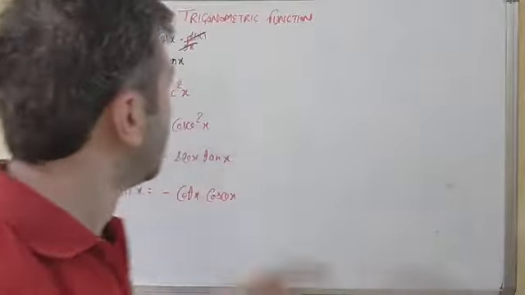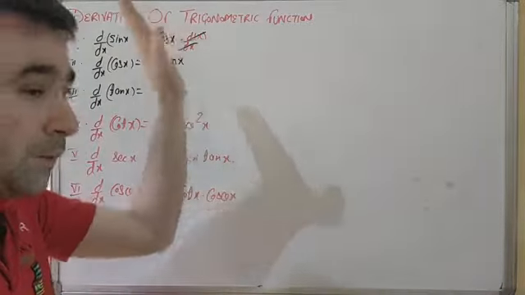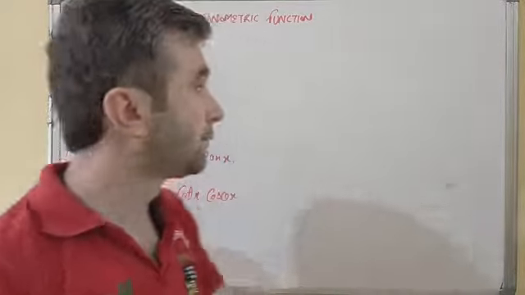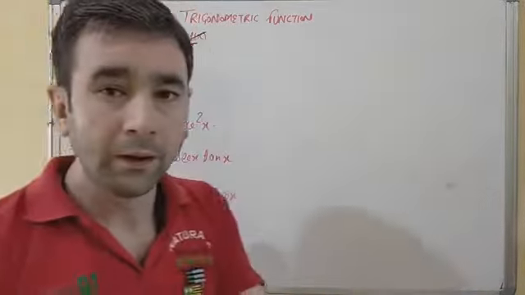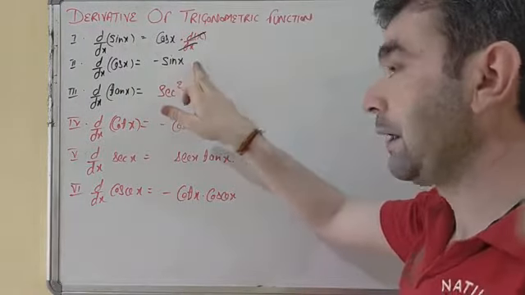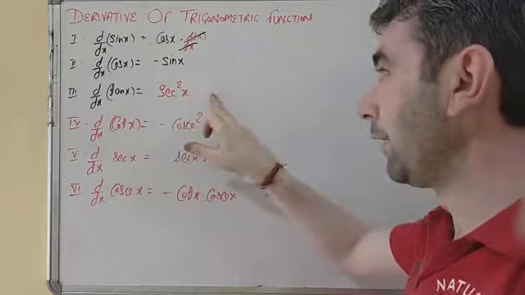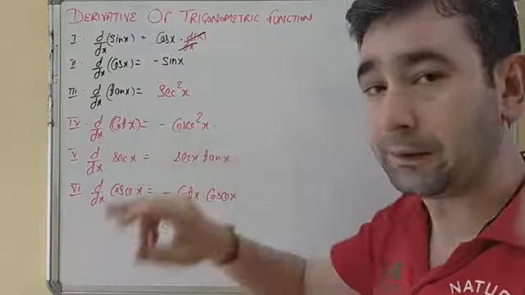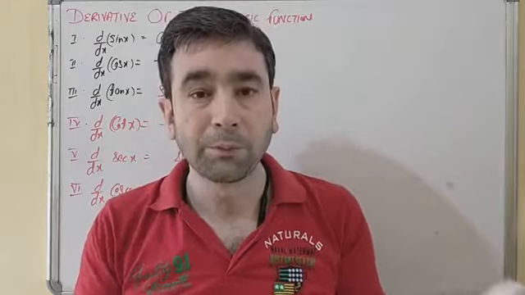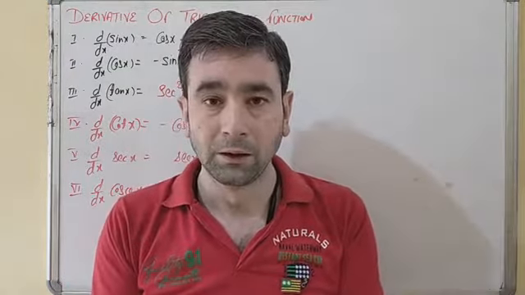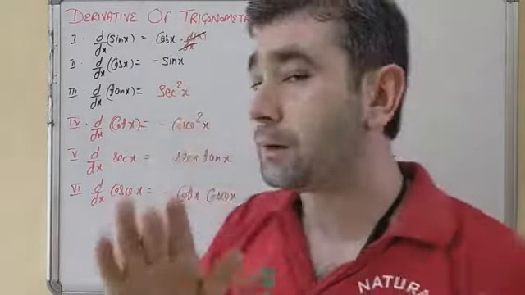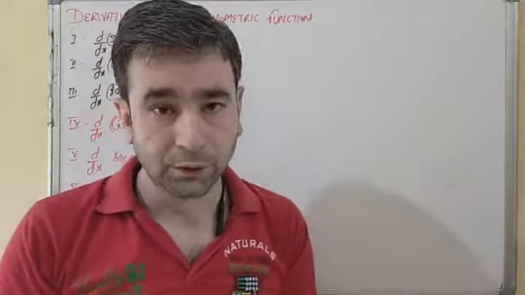Is that clear? Why are we not showing this derivative here? Because this value will be the same and they will cancel out each other. That's why its product will be equivalent to 1. So that's why we are not showing this value here. Otherwise, it will also have the derivative of x. In the numericals, we will see how we proceed with this variable. Okay? So this one is related to the derivative of the trigonometric ratios. Clear?